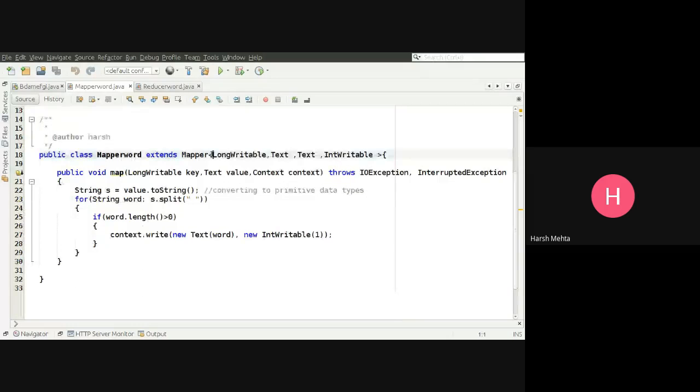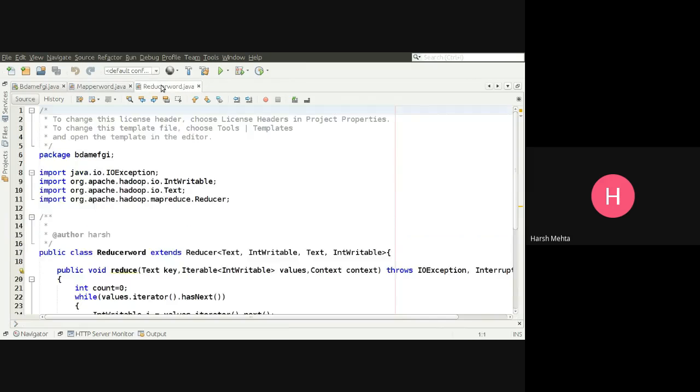You see in the mapper class, we have LongWritable, Text. Last session we understood all these things. What are the variables and the map function? It takes value to string, splits it, takes length greater than 0, gives the output.